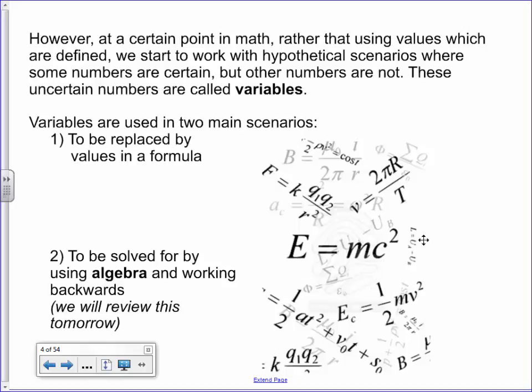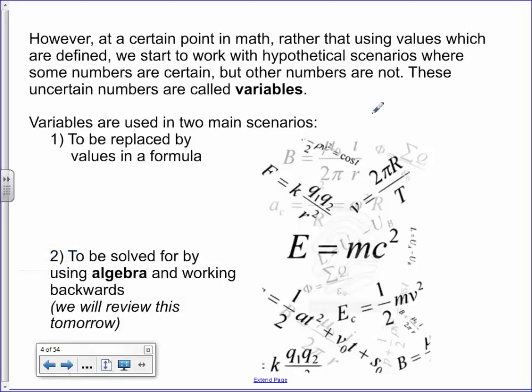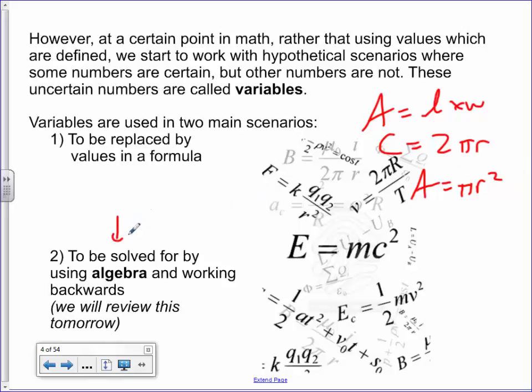Right? I wouldn't expect you guys to recognize these formulas, but you guys have worked with formulas before, right? What about like area equals length times width? You've done that one, right? Or circumference equals 2 pi r. Area equals pi r squared. Often we use variables and formulas because we don't know what those numbers are yet. One day we will. The other main way we use variables though is with algebra, where we're going to solve